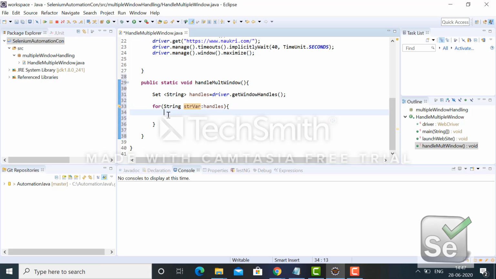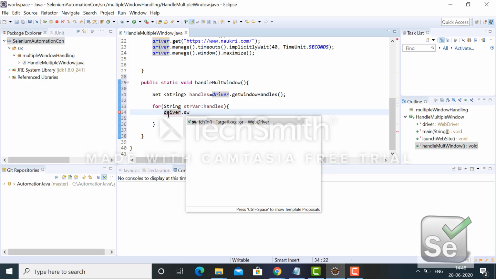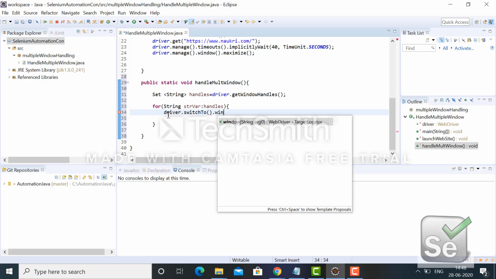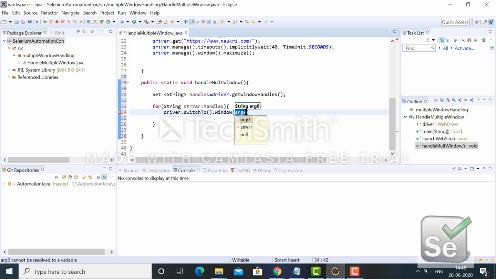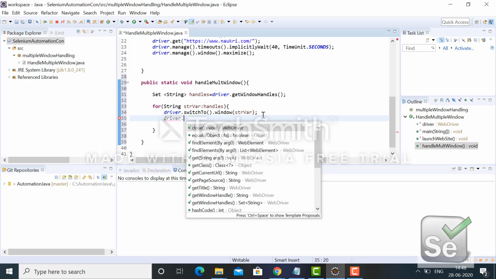In order to capture the title of that window, I have to switch to that particular window. So next I have driver.switchTo().window. Now it takes a string, that window handle I will provide. Using that only it will be able to switch. Once I switch, I can fetch that title,